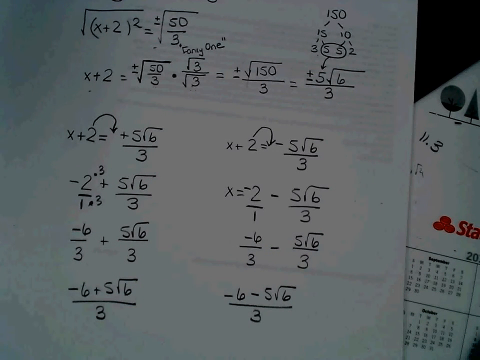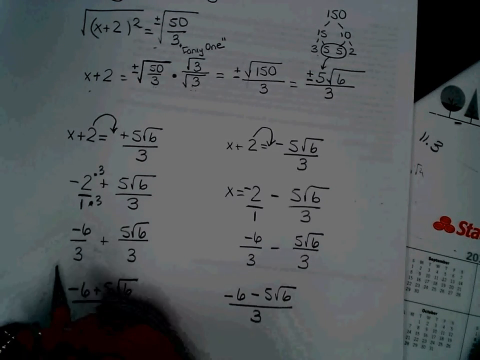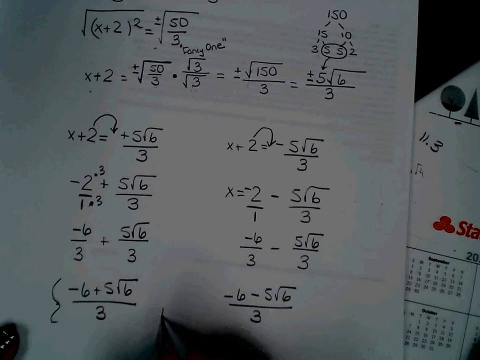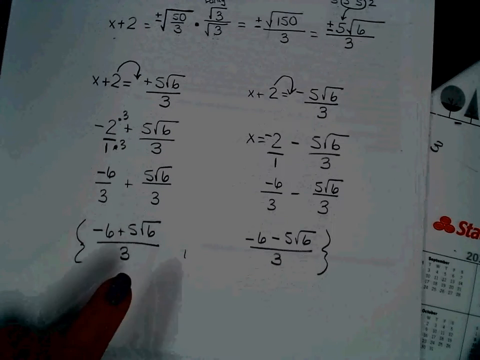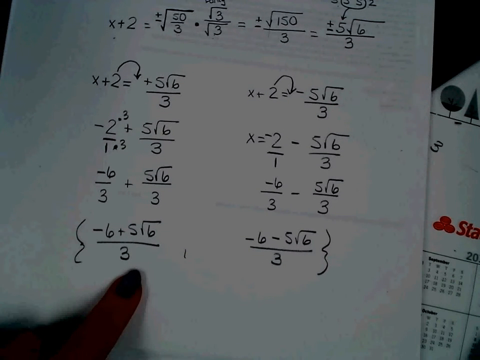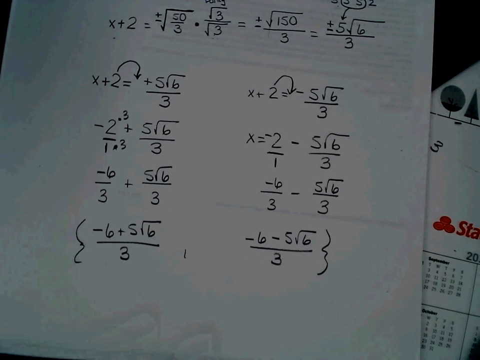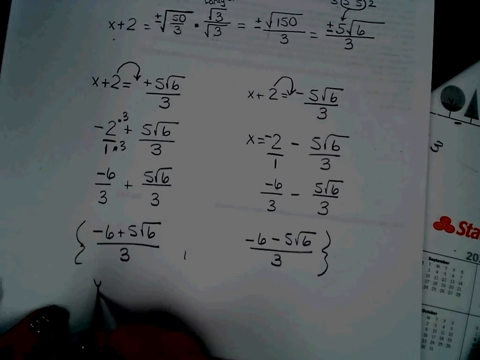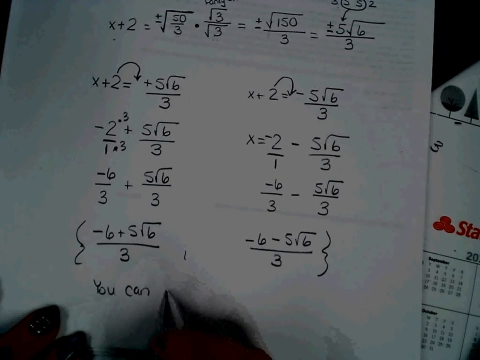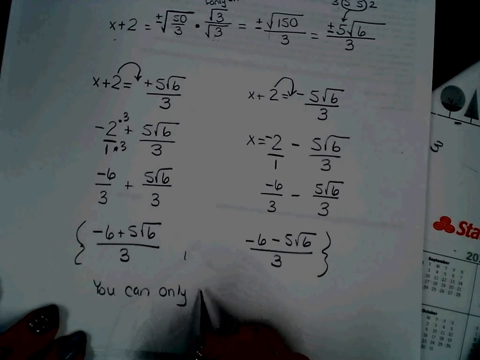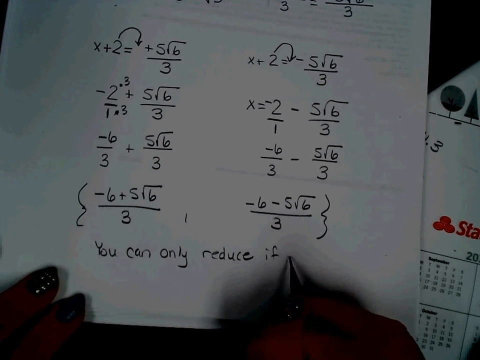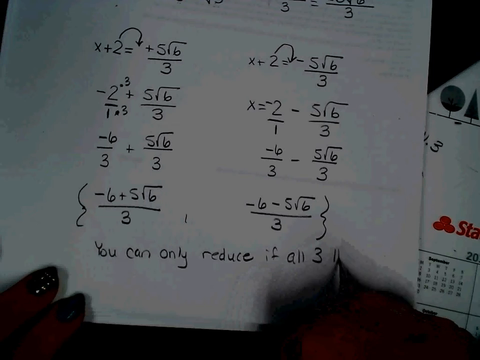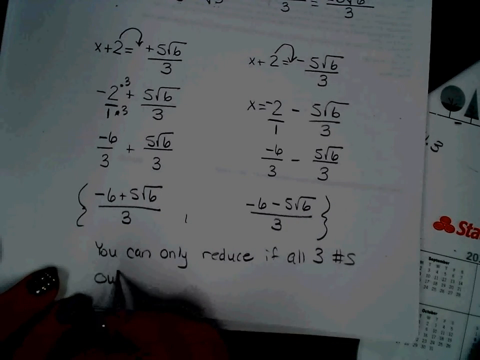Okay. Now, last step says put your answers in these guys. I've got one very important point to make about this one. I've got one super important point. You might want to write it down. You can only reduce if all three numbers outside